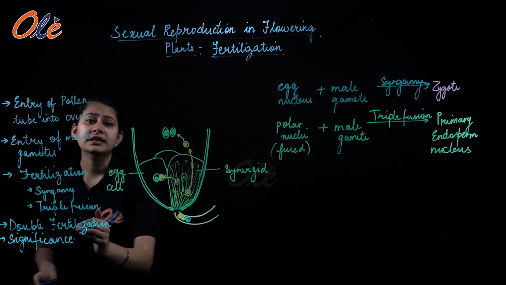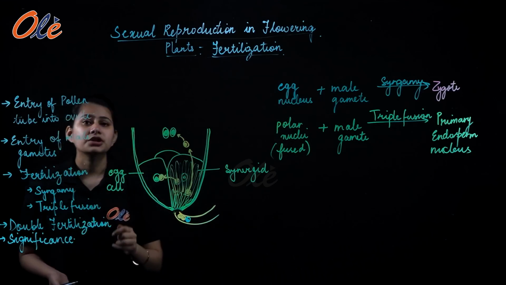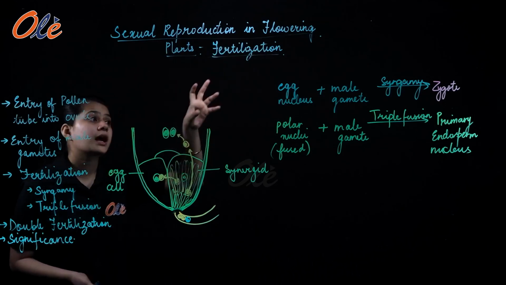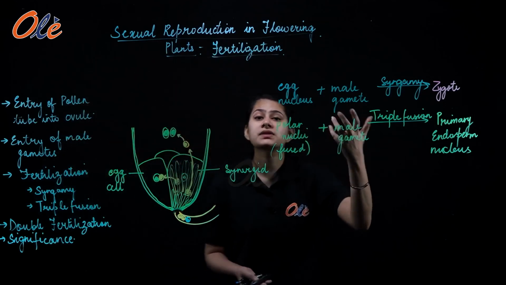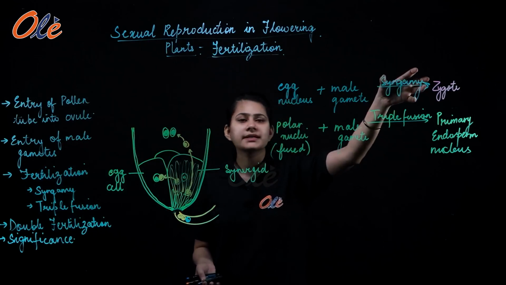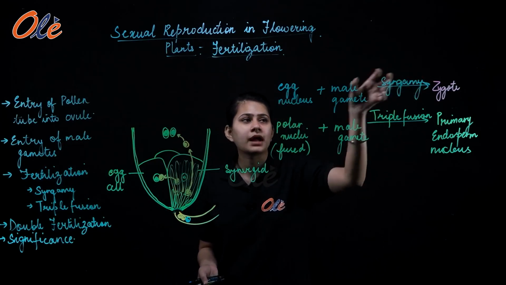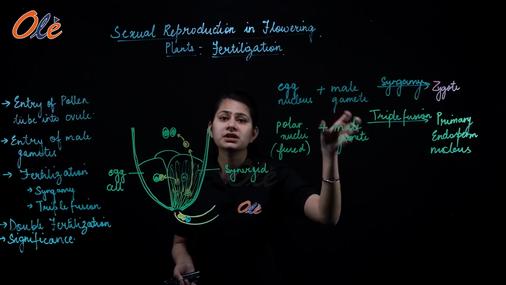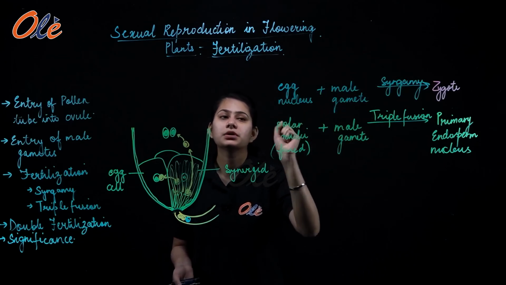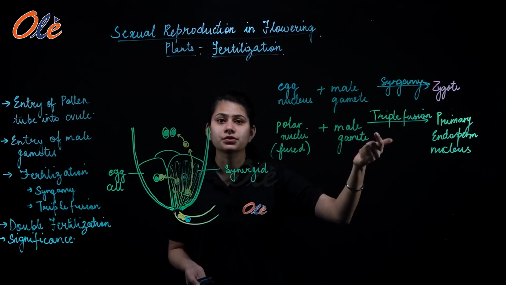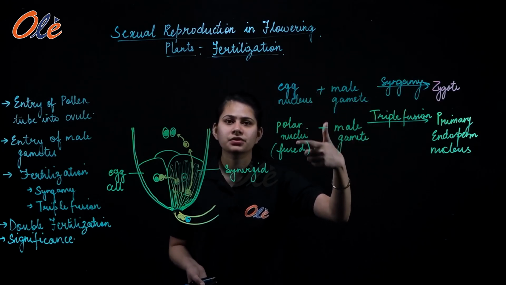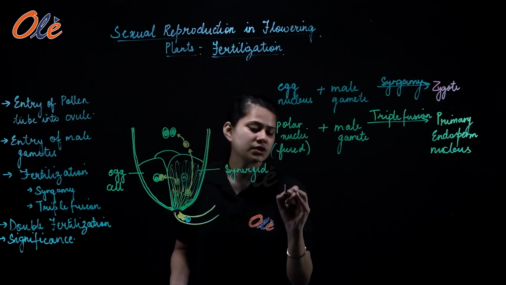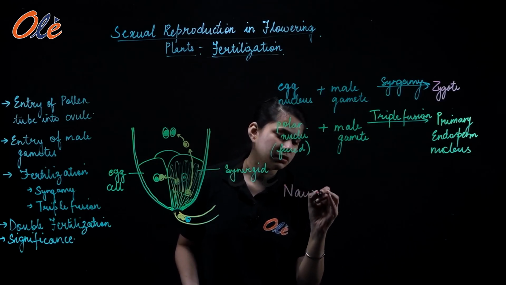So अब हम लोग आ जाते हैं double fertilization पे. देखो ये जो double fertilization है, it is unique to flowering plants. और हम लोगों ने यहाँ पे देख भी लिया कि why it is called double fertilization. Because एक तो यहाँ पे fusion हो रहा है male gamete का egg nucleus के साथ, which is called as syngamy. और दूसरा fusion हो रहा है male gamete का polar nuclei के साथ, which is called as triple fusion. तो यहाँ पे double fertilization हो रहा है, double process of fusion हो रहा है, right? This double fertilization was in fact discovered by Nawaschin